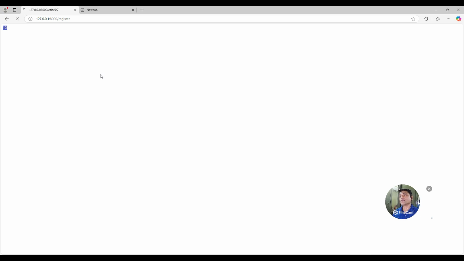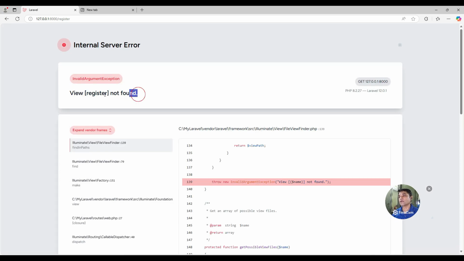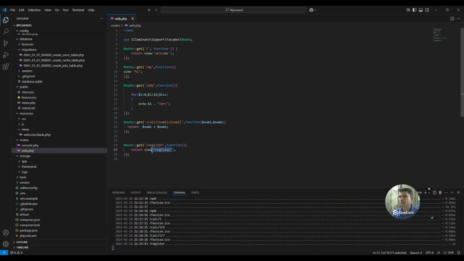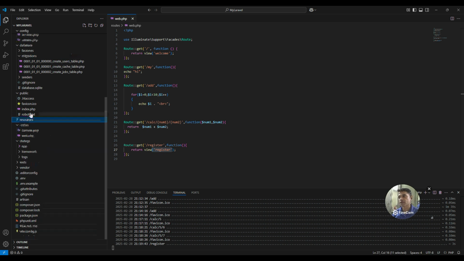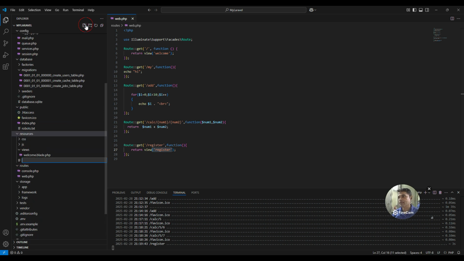It should give me an error because there is nothing defined as this. It gives me an error, view register not found. That means it is trying to find the view named register, but that view is not inside my resources folder. So I go inside my resources folder and create a view as